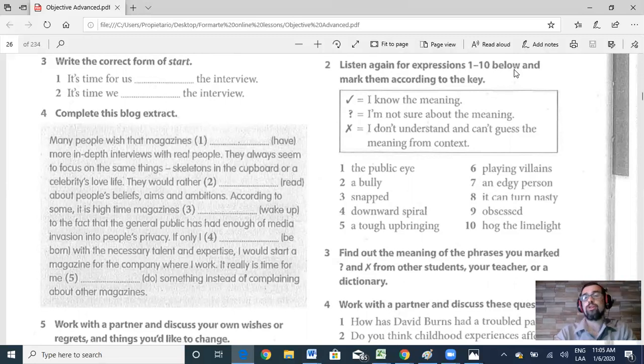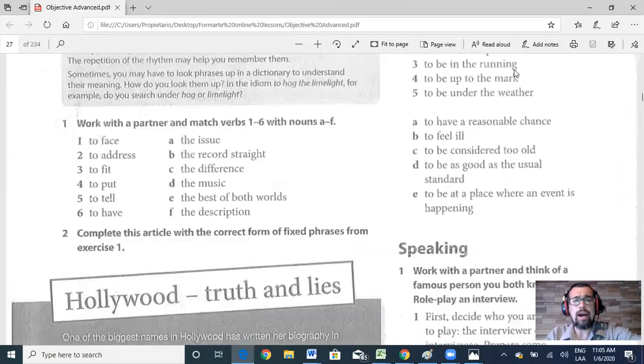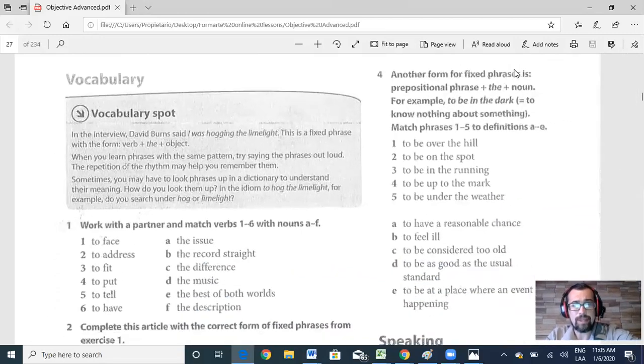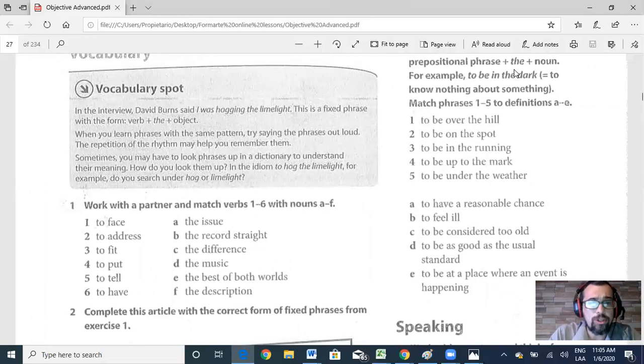It's very important for you to be able to understand these phrases in these listening parts, because very soon we're going to be practicing some listening parts of the test, and you might hear some of these expressions, okay? Now, regarding vocabulary, in the vocabulary part, I want you to practice these phrases also.